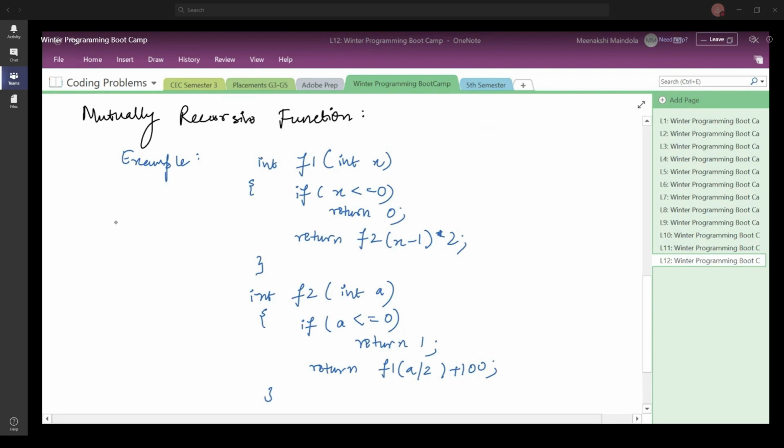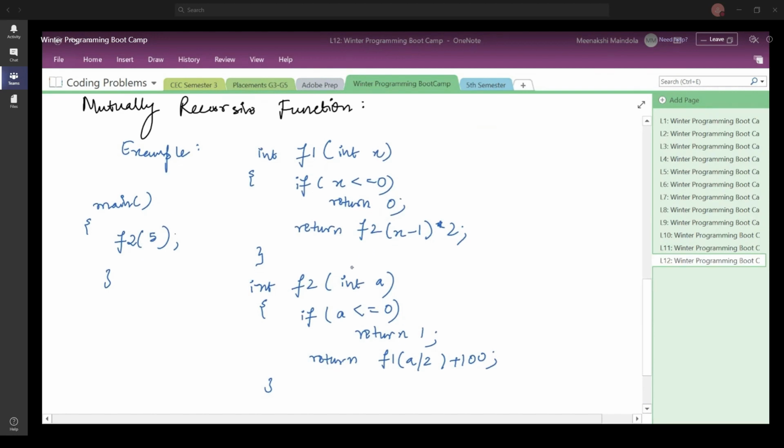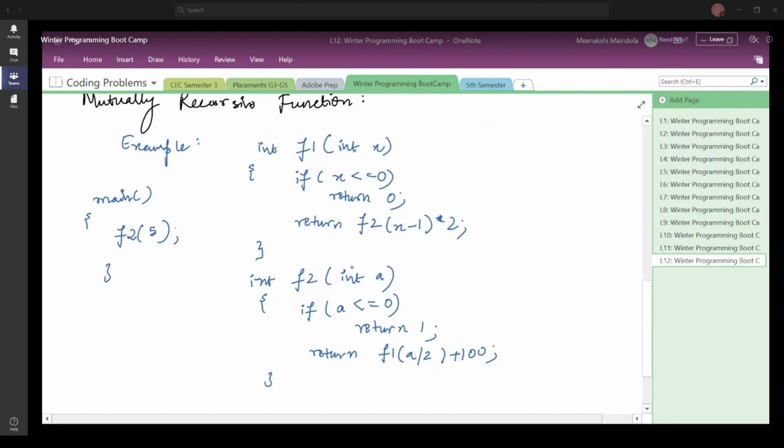Let us say from the main function you call f2 of 5. What will be the return value? What will happen here? Can you try this and tell me the result?